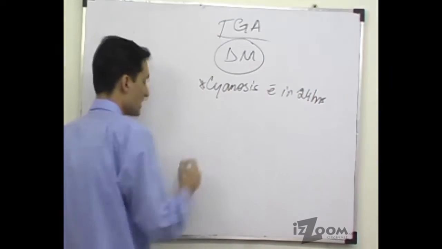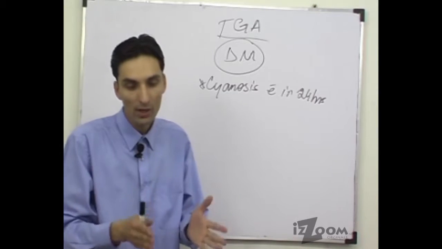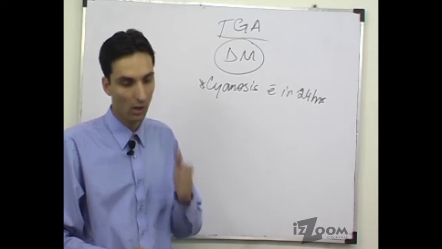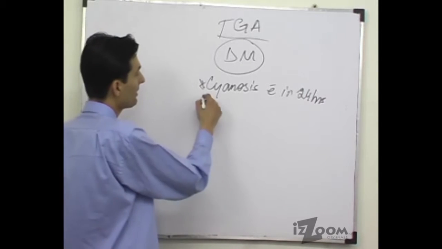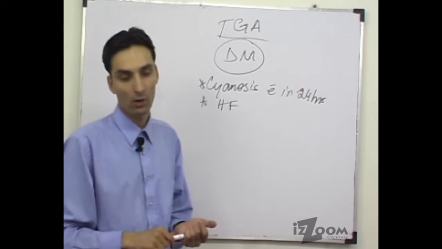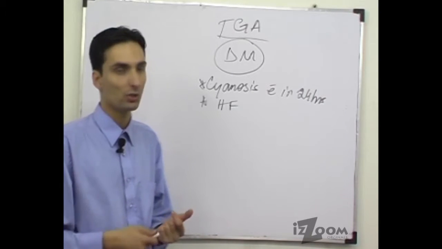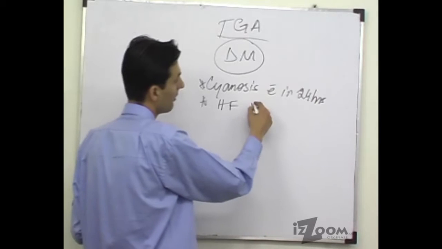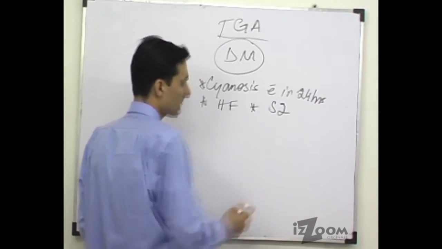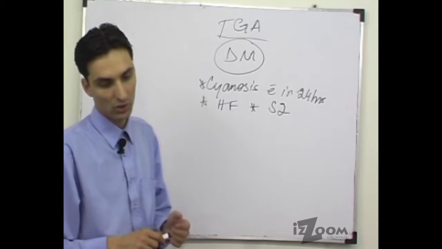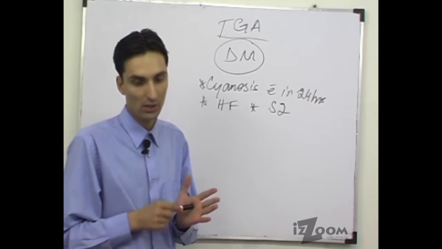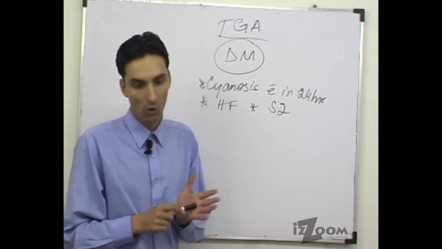So if an infant presents to you with cyanosis within 24 hours, this is the most common cause, and it can rapidly lead to heart failure in infancy, and therefore it will require immediate surgical correction. Along with features of heart failure, you can find a single second heart sound in these patients as well. A single second heart sound is also present in these patients, and a murmur may or may not be present